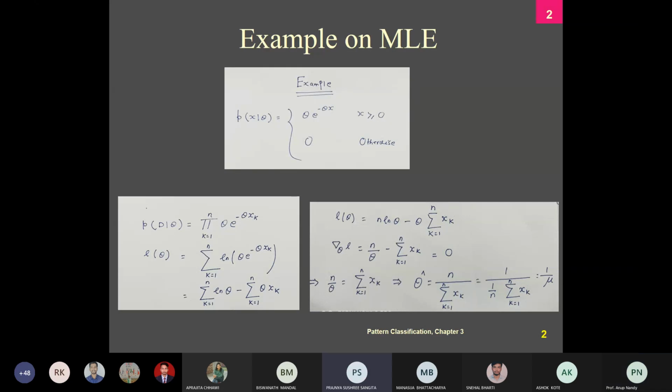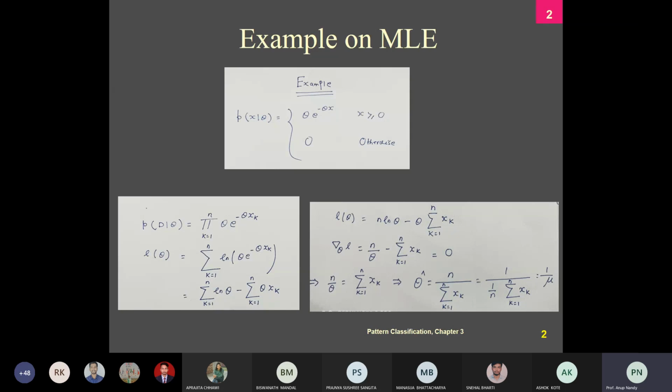Sir, exactly how do we get this ln theta, this L theta, from the given density function? I already discussed this in the previous class. If you see my previous slides, it is a likelihood function. It is p of x given D, or p of x given D comma theta. Sometimes you can write p of x theta, or p of x D comma theta.